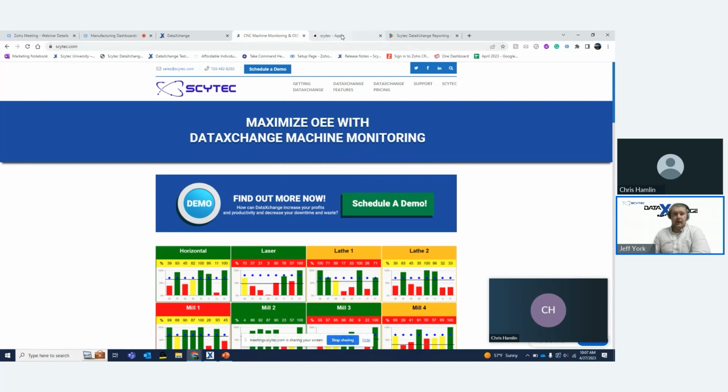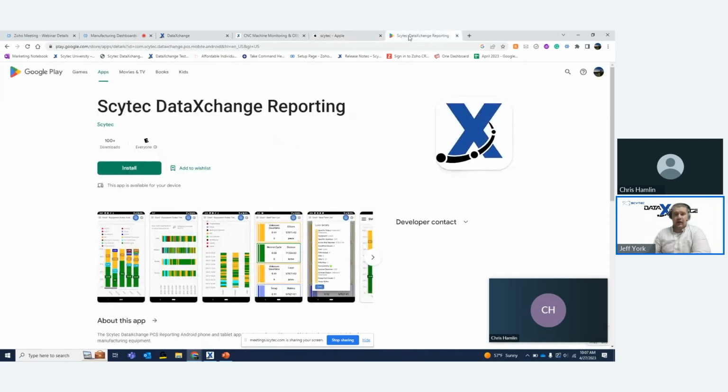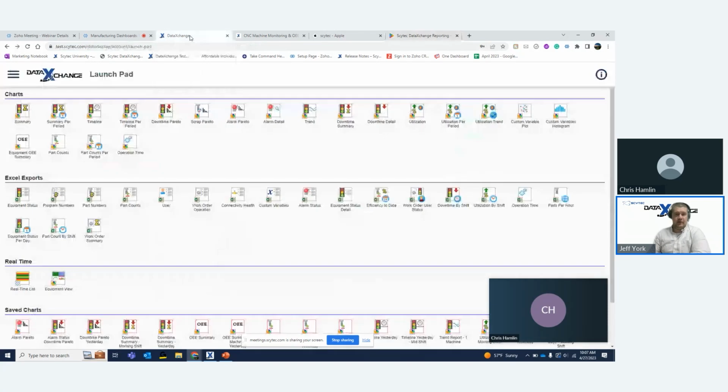Now, one of the other really cool things about Scytec DataXchange is that we have these free mobile apps that you can put on your smartphone and tablets. We have these available to download to access data display on both the Apple Store as well as the Google Play Store. So I'm going to go back in here inside of data display,